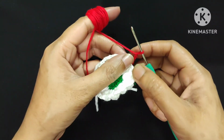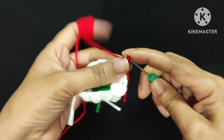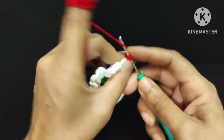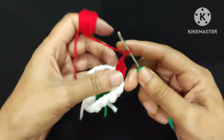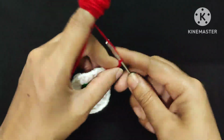Now I will make 2 double crochet into the same space, 1 and 2, 2 double crochet. Now chain 2, 1, 2, 2 chain stitch. Now I will make 3 more double crochet into the same space,